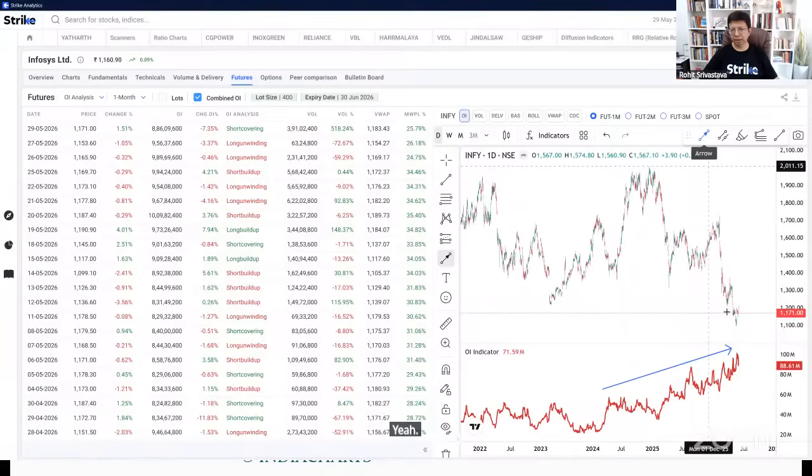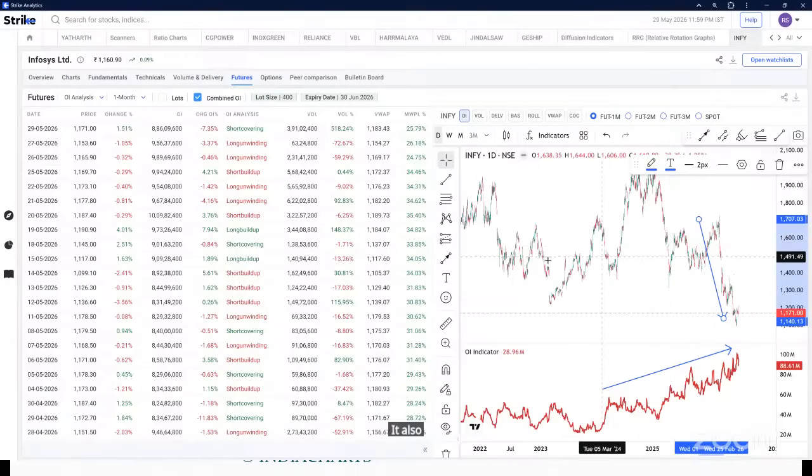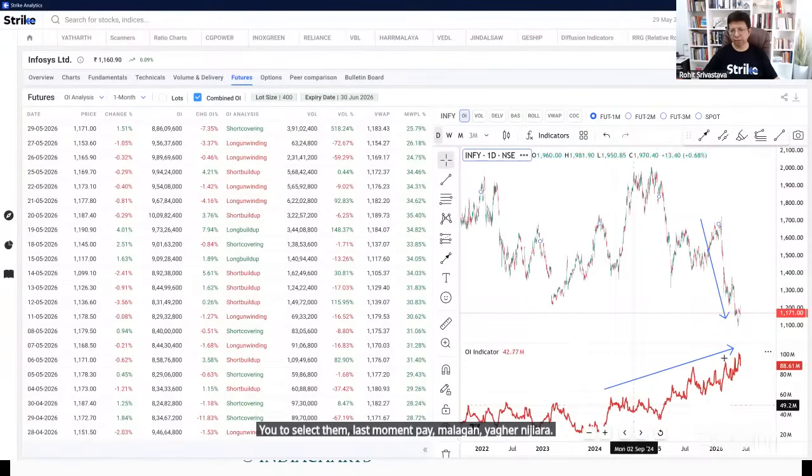आपको इन्फोसिस में दिख रहा है कि भाव घट रहा है और शॉर्ट ऐड हो रहा है। ये तो सर एकदम लास्ट मोमेंट पे हुआ। हाँ, डे चार्ट पे आप देख रहे हैं तो नहीं, एक साल से नीचे आ रहा है, कोई लास्ट मिनट की बात नहीं है, एक साल का ट्रेंड है।